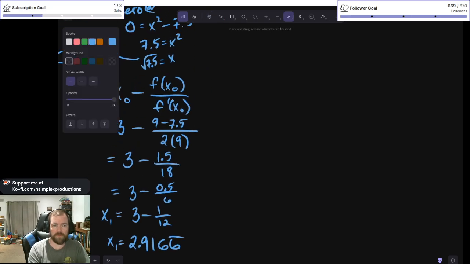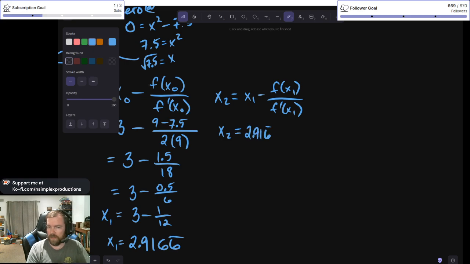We're going to do this a little bit faster this time. x2 is going to be x1 minus f of x1 over f prime at x1, which again are just these particular numbers that we were looking at. x2 is equal to 2.916 repeated, minus